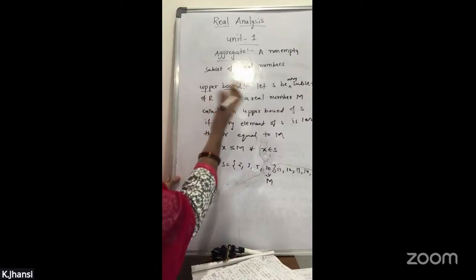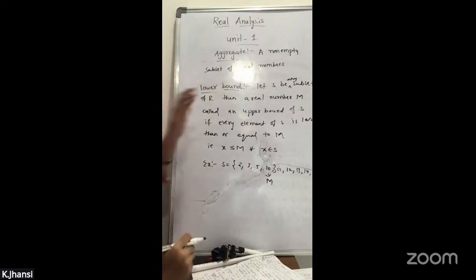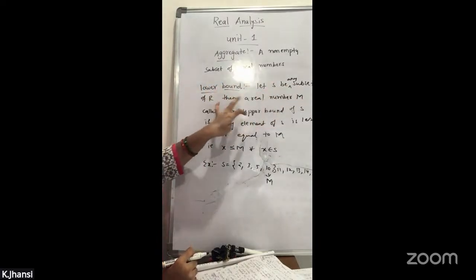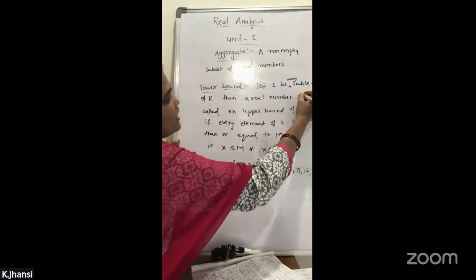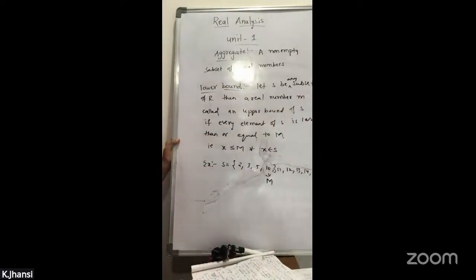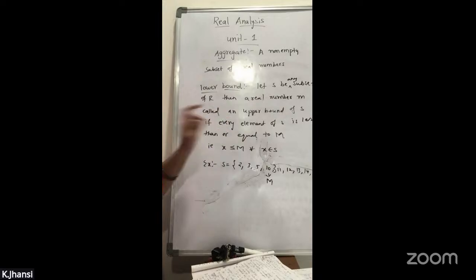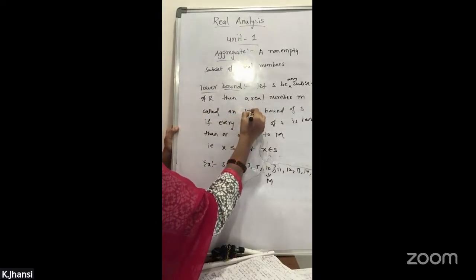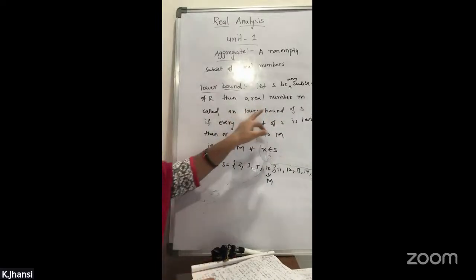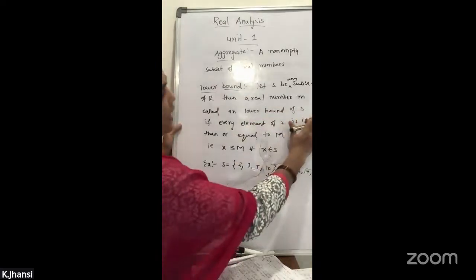Now for lower bound, it is the same. Let S be any subset of R, then a real number, and don't get confused, instead of capital M you can take small m. Then a real number small m is called a lower bound of S if every element of S is greater than